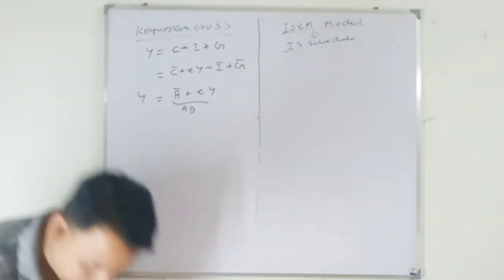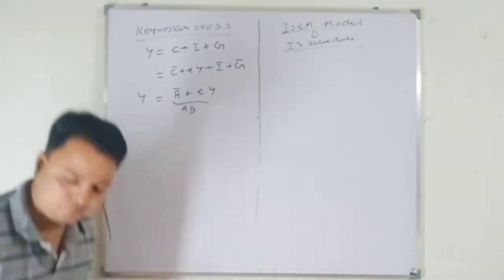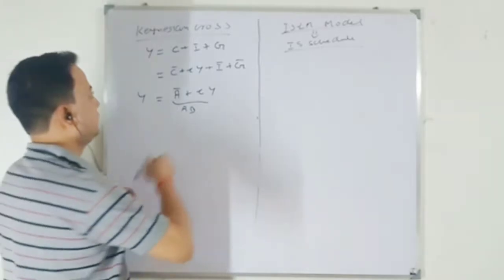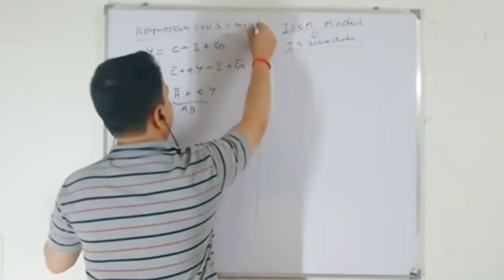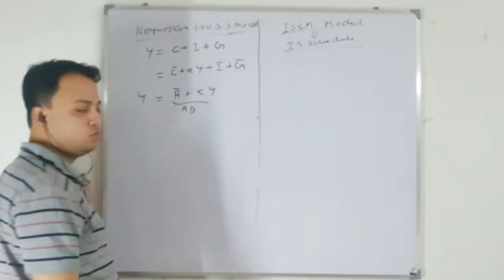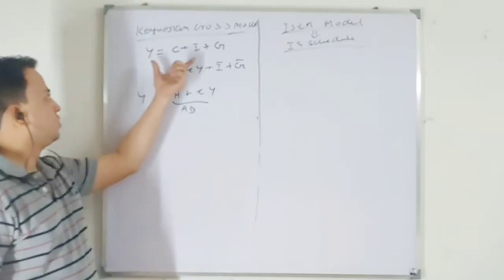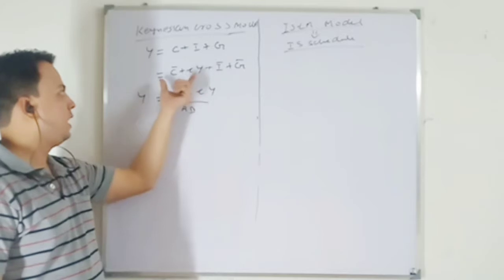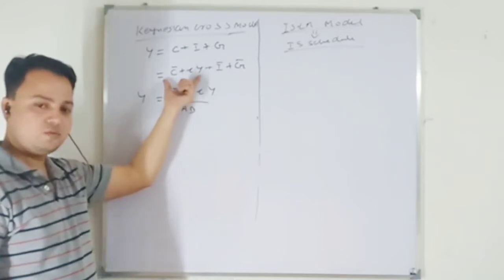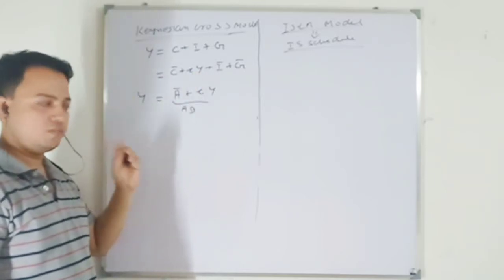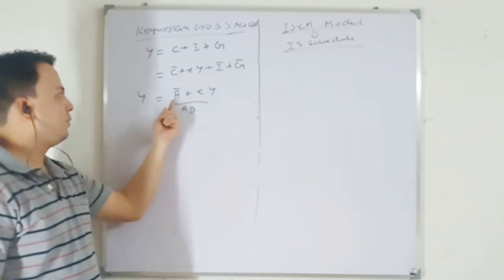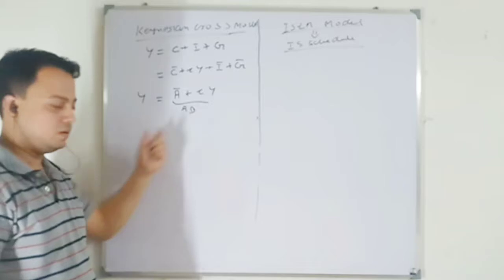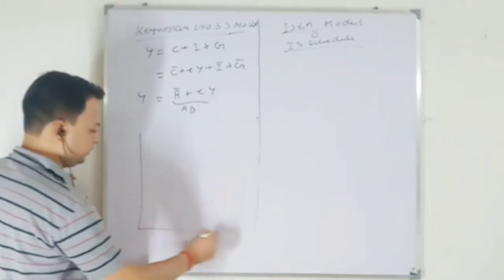Now coming back to today's task. In today's class, I'm looking at the Keynesian cross model and the IS-LM model. In the IS-LM model, I'm going to look at the IS schedule. I have taken three sectors: consumption, investment, and government expenditure. I have just explained this consumption function, as a function of income. On the autonomous part, I have written A bar, and there is an induced part of aggregate demand. So I have drawn it like this.